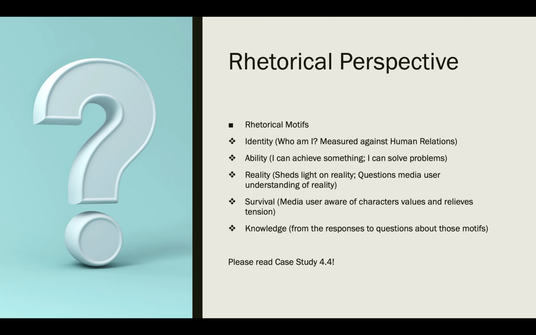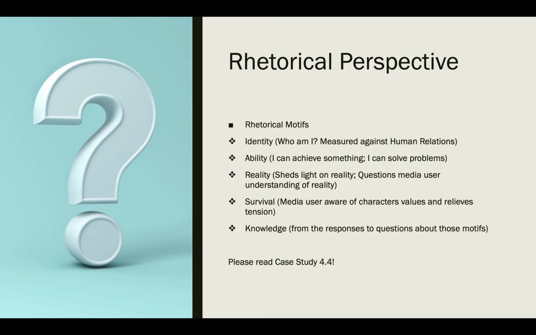So when looking at a television show, you need to apply one of these perspectives. You could start off with identity, which is: who am I? Who is the character? Usually we understand who the character is when we measure them against other characters they surround themselves with. We only know that the character is very stubborn, or is bad at math, or doesn't know how to do certain tasks when someone tells them that, such as their friend, a family member or another character in the show.